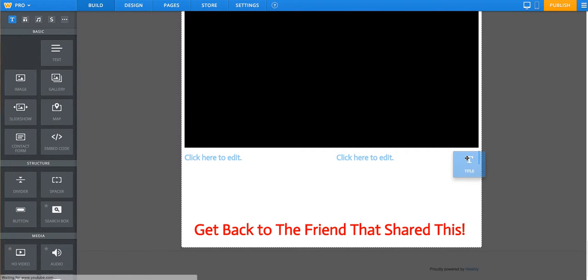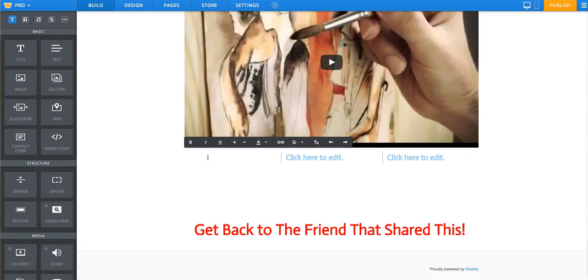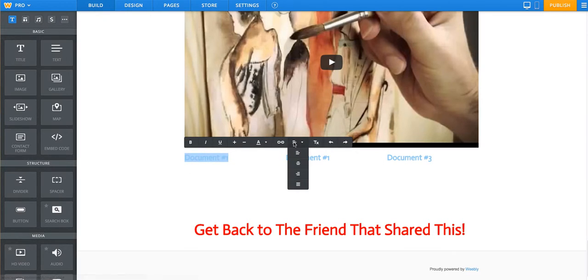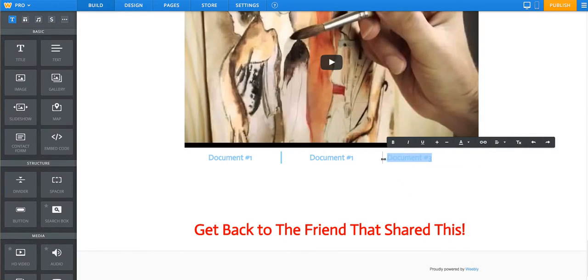I'll just make 3 of them real quick. You can use either one of these, it's totally fine. I just tend to use the title for being able to show a little bit differently, or a little bit more boldly on the page. And of course you want to format this according to how you want it to lay out. Do a center justification. Of course, you can click and drag these to move them around, cinch them up a